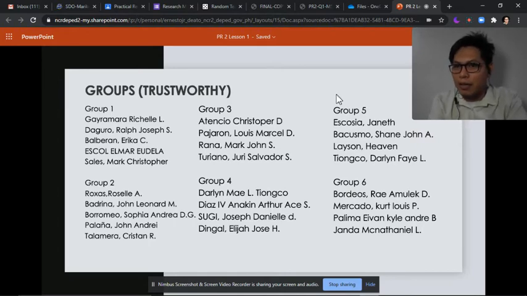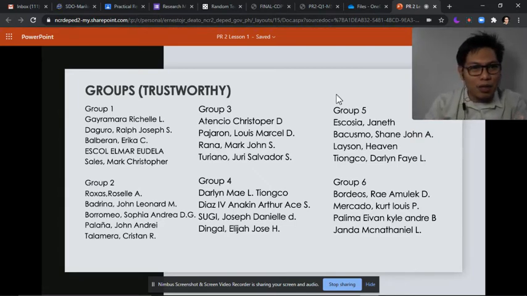So please, for Valveran, tinanggal ko na po yung pangalan mo dyan. Siguro hindi lang na save. And Escocia, I removed your name also there sa group 5. And I transferred Borromeo to group 5. So Borromeo, group 5 ka po.